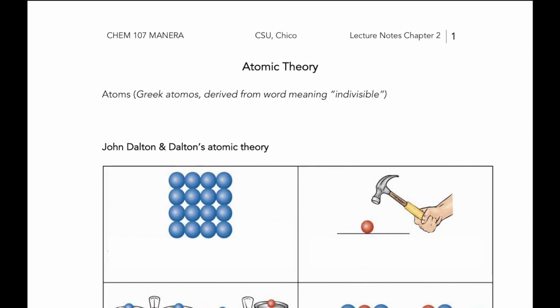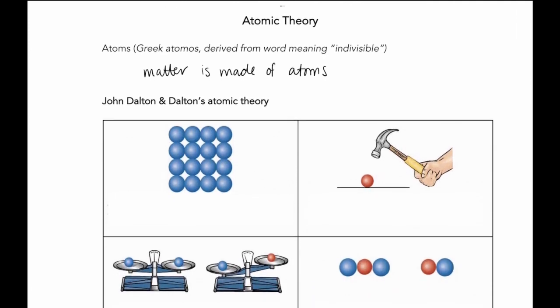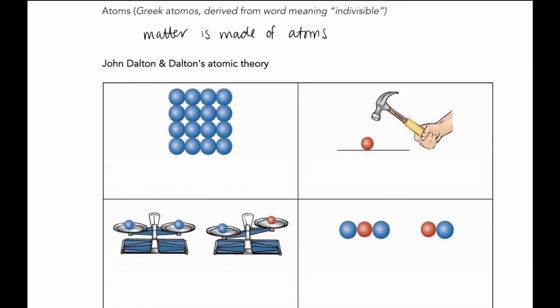of. So, atoms, coming from the Greek word atomos, means indivisible, right? It's that smallest unit of an element that still has the properties of that element. And we're going to say first that all matter is made of atoms. Okay, matter is made of atoms, and then we have some postulates to this theory